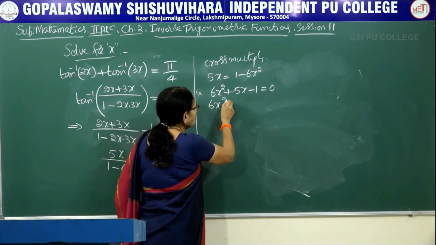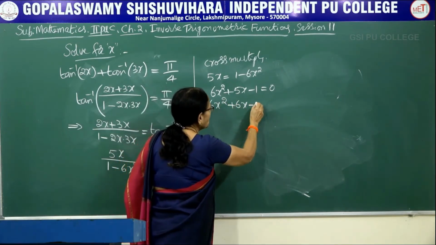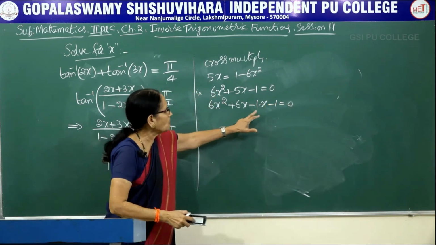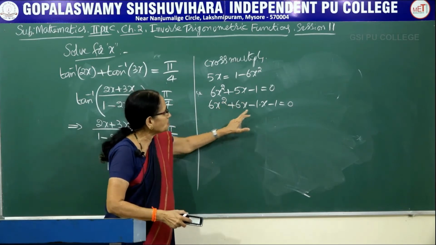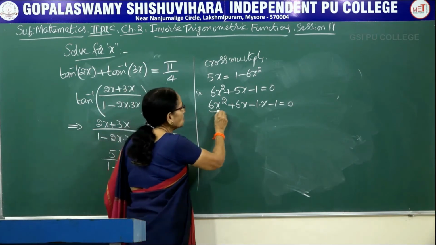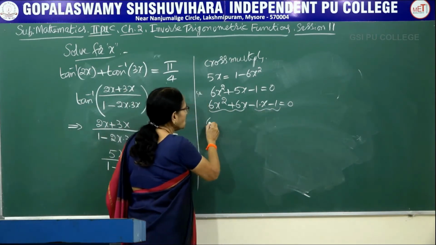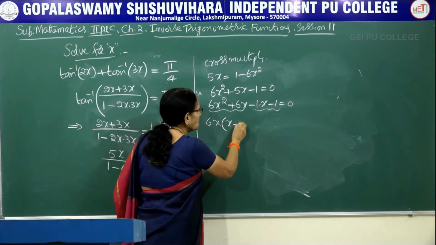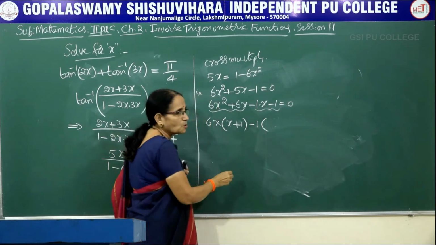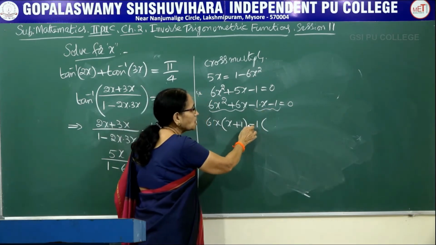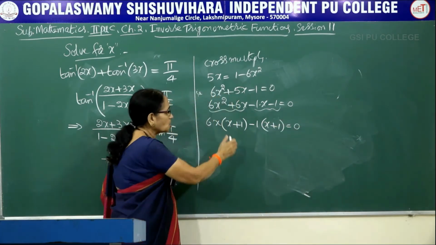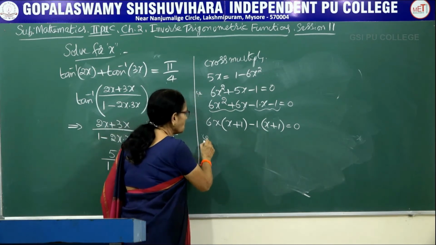You can write it as 6x square plus 6x minus 1x minus 1 equal to 0. Look here, 6 minus 1 is plus 5 and 6 into minus 1 is minus 6. So it will satisfy both the conditions. Now grouping this, take out the common factor 6x, it becomes x plus 1. Out of these two, minus 1 is a common factor. When both of them are negative, taking out the minus sign, both the terms become positive. Now x plus 1, take that common factor.